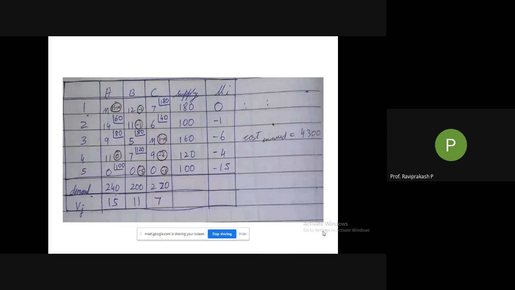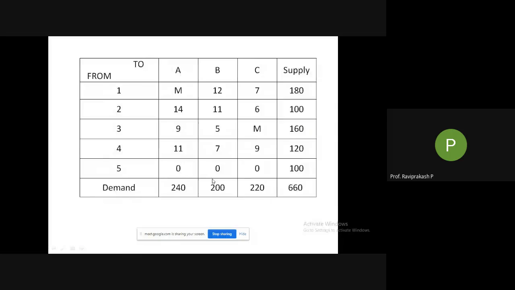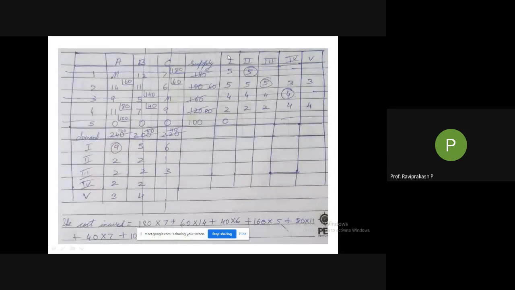So this is where we had completed about the optimal solution. I had just explained how to go about the optimal solution. Don't worry about it. You do not have the optimal solution written down, only the theory is there, but I explained how to do it. Don't worry. So this was the question given to you. Then we solved it using Vogel's approximation method to get these particular assignments.